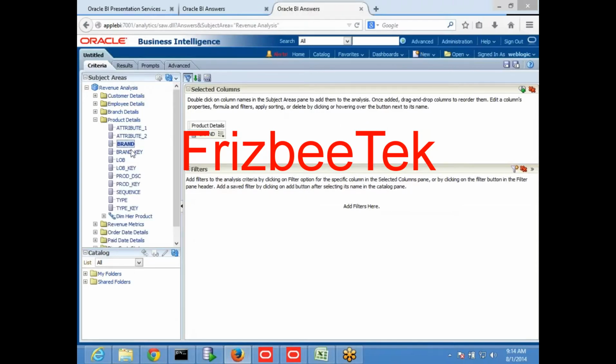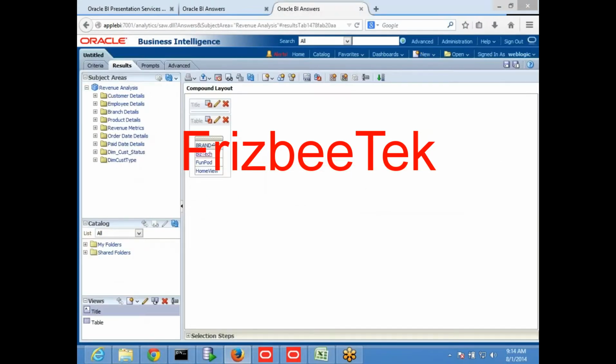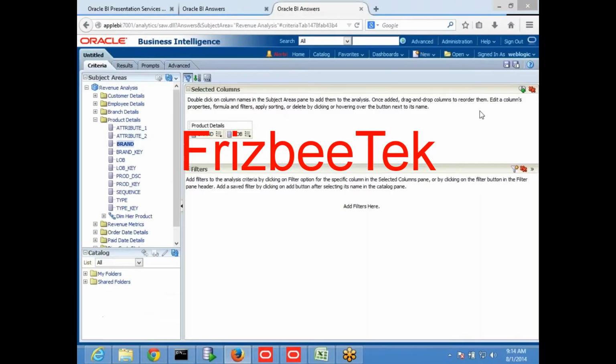So we have a brand and a brand key. So when I select a brand, it is going automatically to the next level, LOB, like this it will go. But now I am selecting brand key.